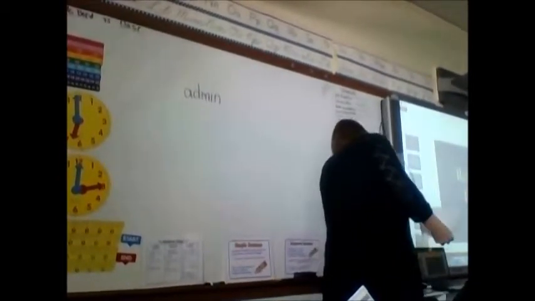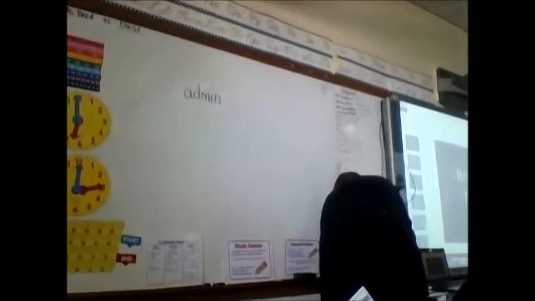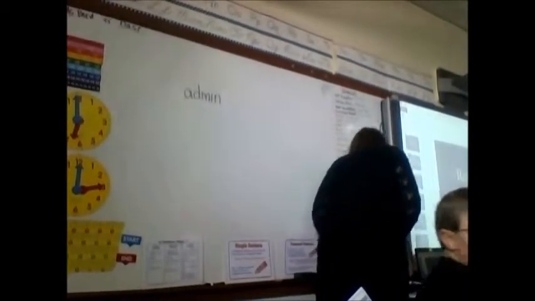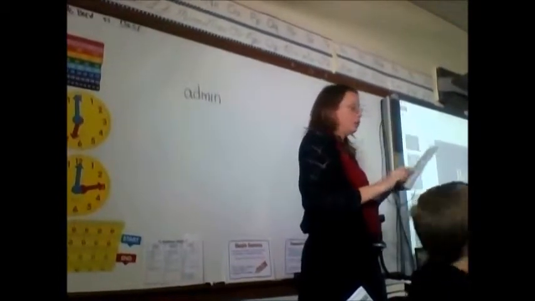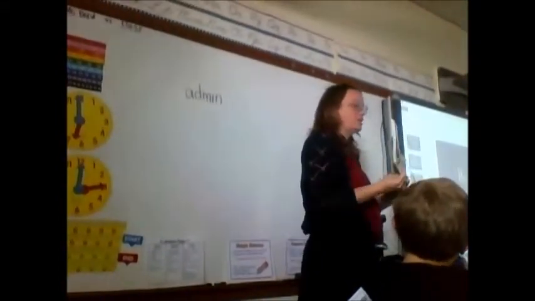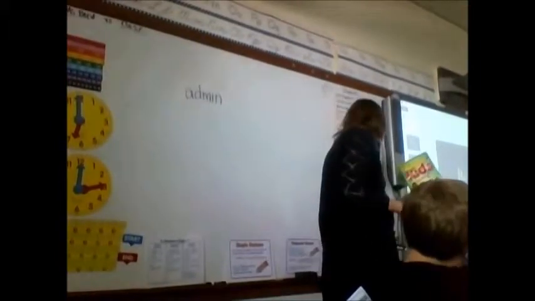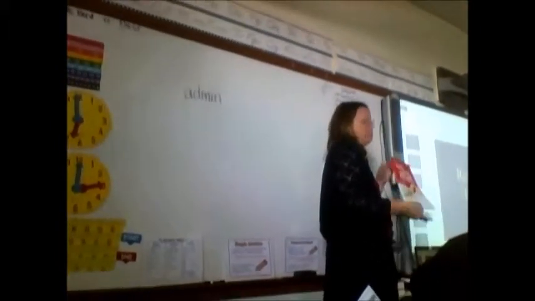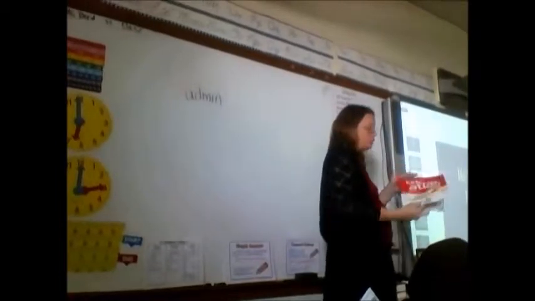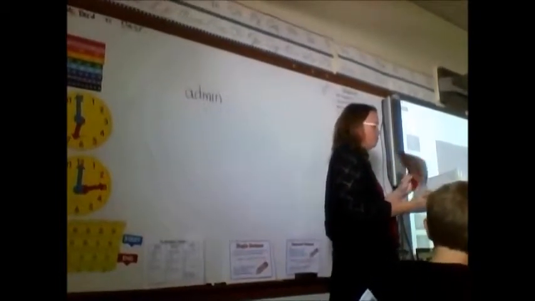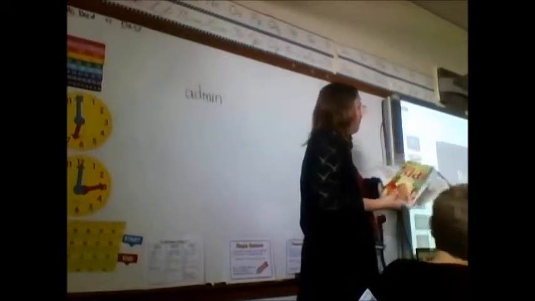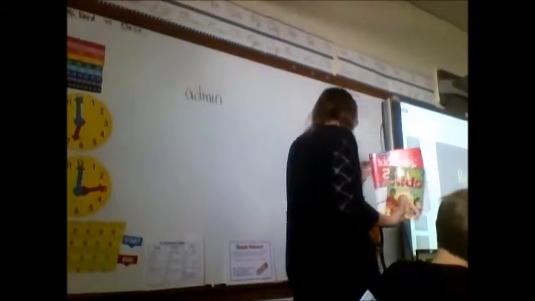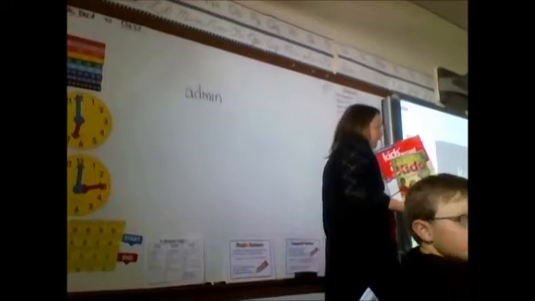Now, I tried to bring in some actual copies of some of the reference books. It'll say an almanac, and all I could find was the Kids Almanac, which has lots of interesting facts about different things. There's an atlas, and this is a Kids Atlas, which just has maps that are smaller, and an actual atlas would be big and have a lot more roads. And then we have an encyclopedia,